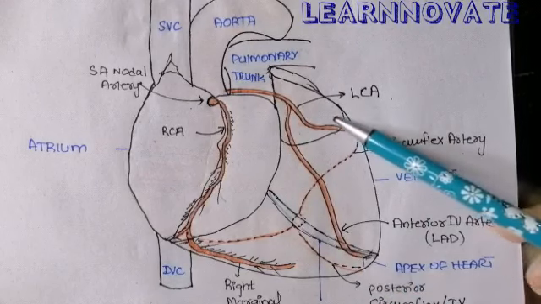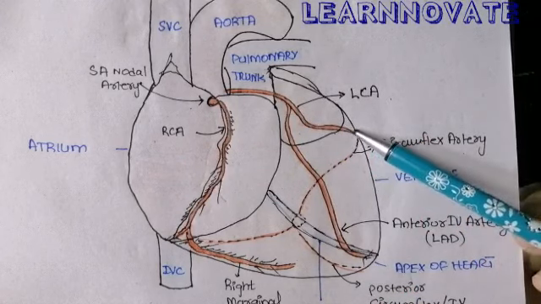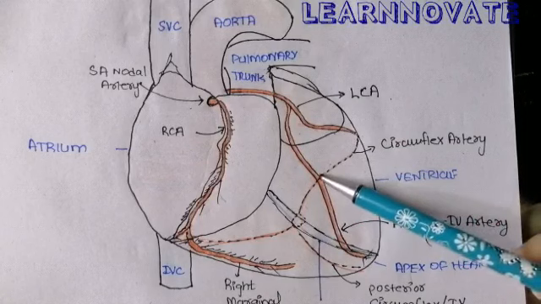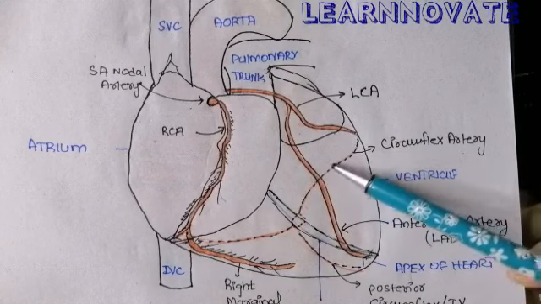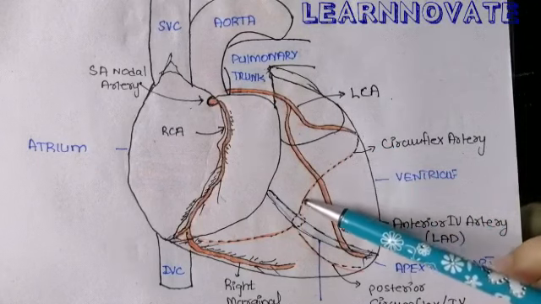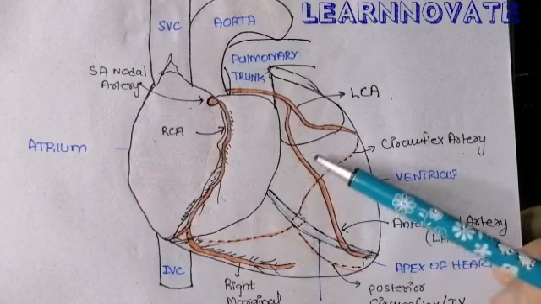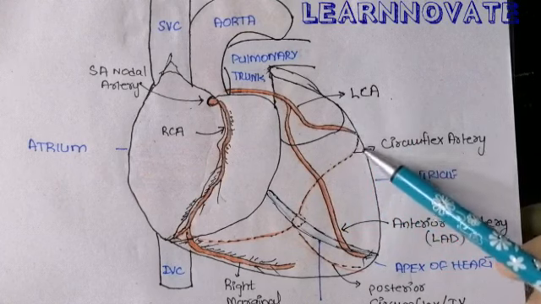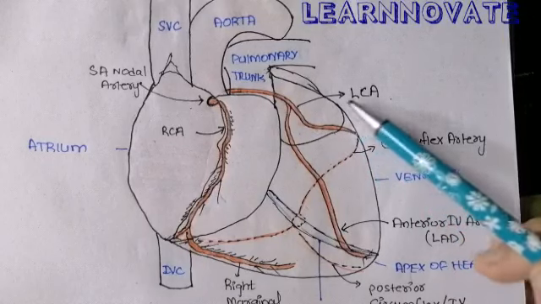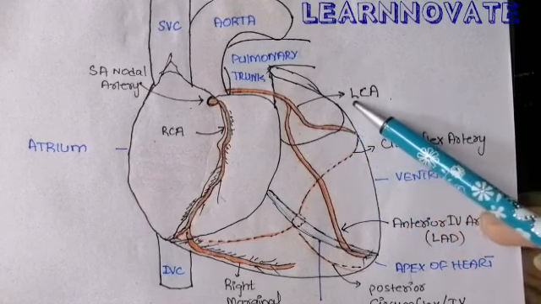While the second artery, going laterally on the lateral side of the heart, is called the left marginal artery. This left marginal artery passes, and then becomes the circumflex artery, which passes posteriorly on the posterior surface of the heart and supplies the left atrium and the left ventricle. So the left marginal artery and the circumflex artery are branches of the left coronary artery, while the anterior interventricular artery is also a branch from the left coronary artery.